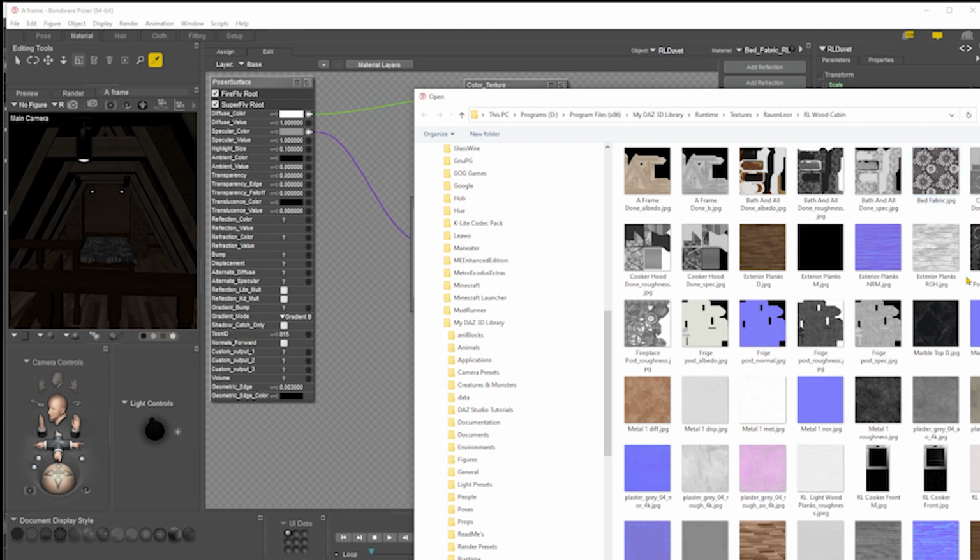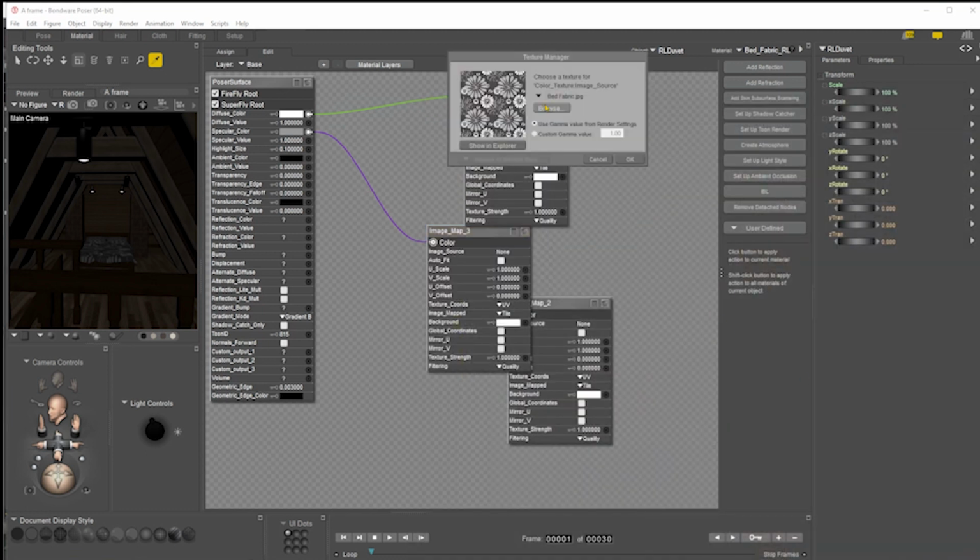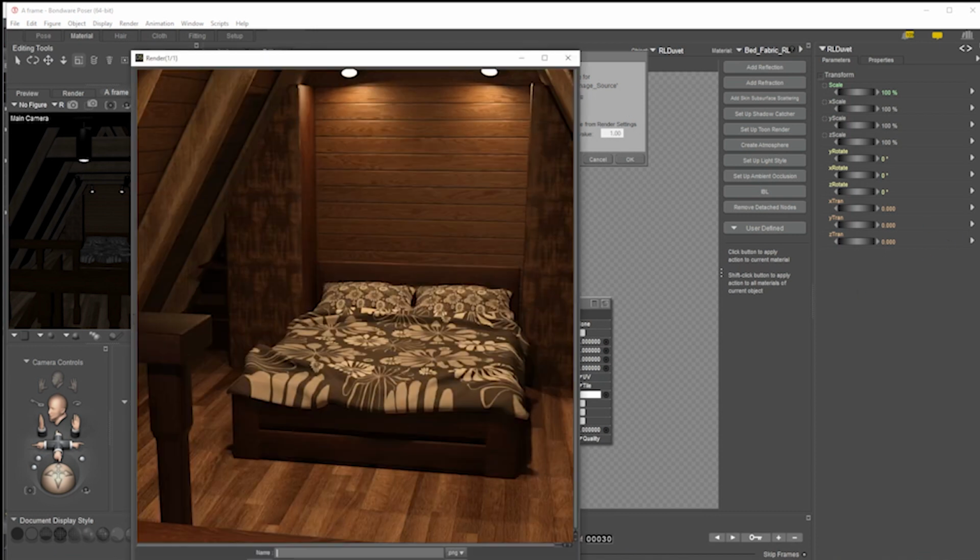So that cover here is actually black and white anyway. So let's just look at that in the render. So it's a black and white fabric. So that could serve as a specular map, which would mean then the white bits would be shinier and the black bits would be darker. It could, but